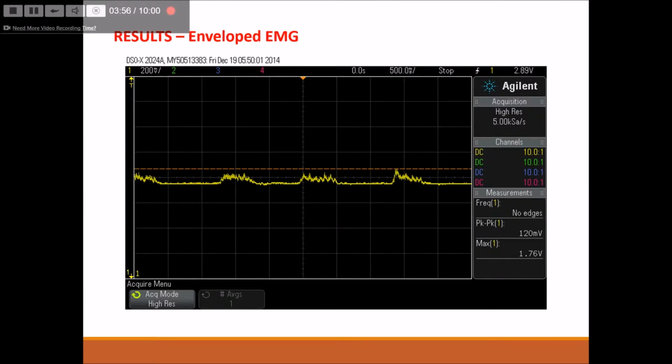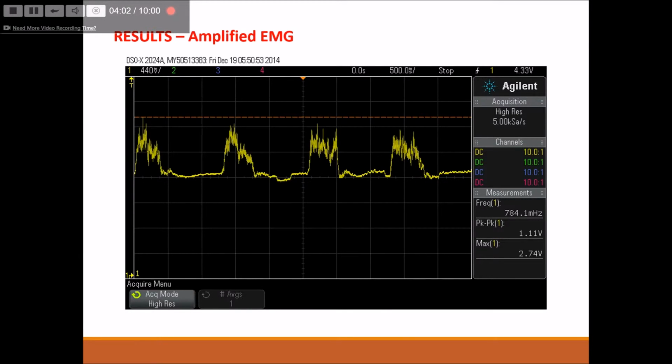Then we envelope the signal, which does decrease the amplitude a little bit, but it also gets rid of some of the high frequencies. And then finally at the very end we put it through our programmable gain amplifier, and you can see that the peak to peak that we get is about 1.11 volts, which is plenty for the